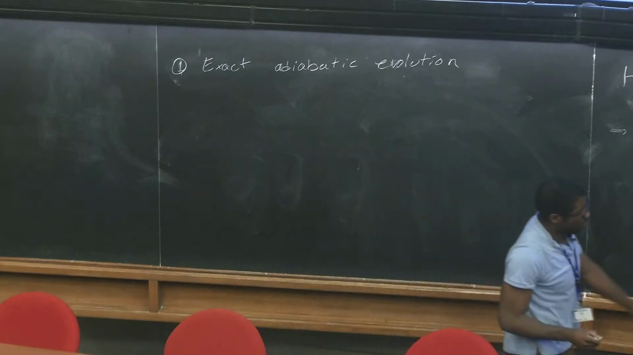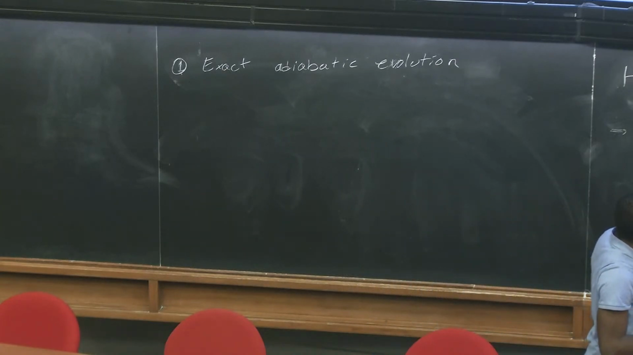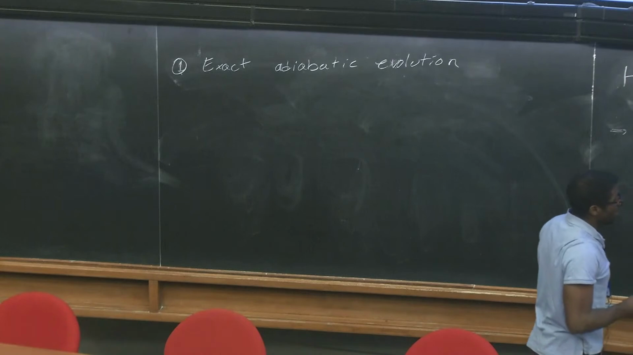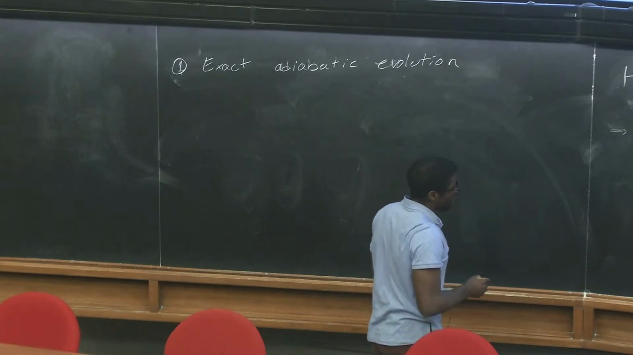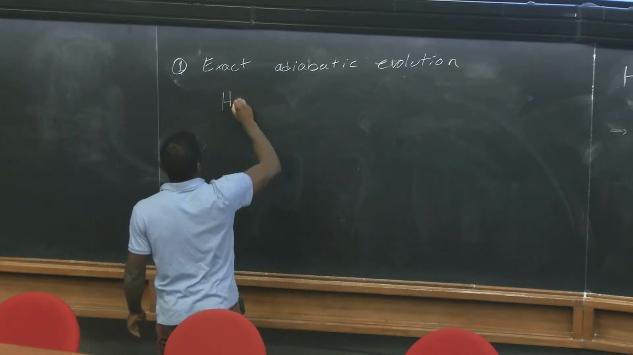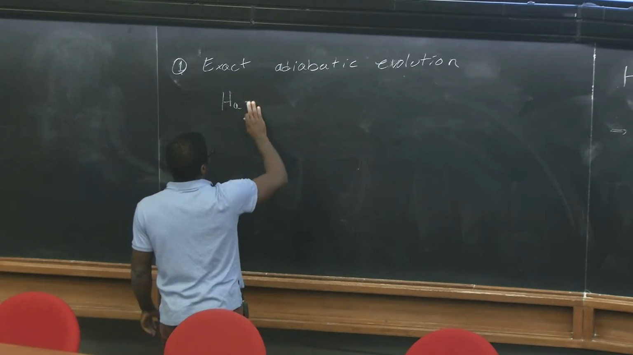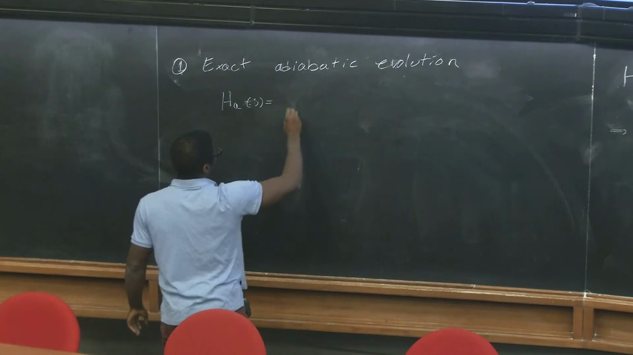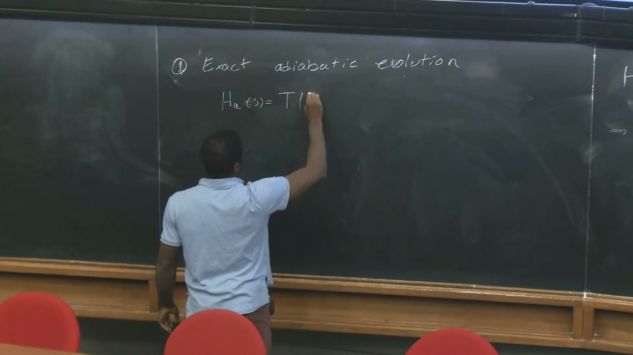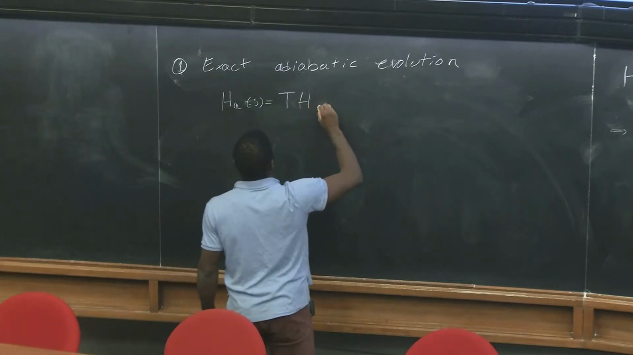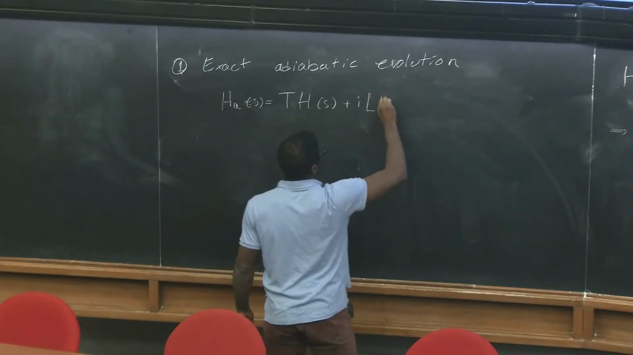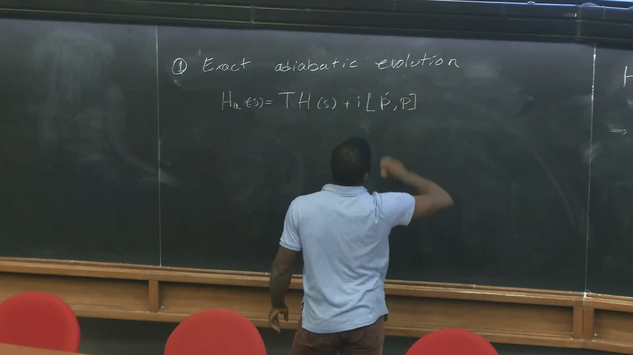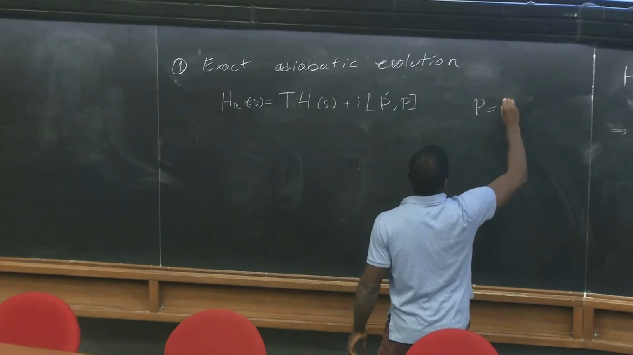So we say that this Hamiltonian, when this condition holds, will be approximately in the ground state, but we want to define an alternative Hamiltonian, H_A of S, which is going to be T H of S plus i P dot P. So here P is the